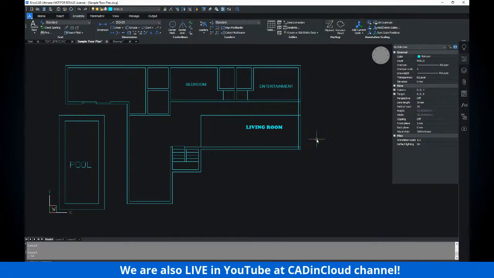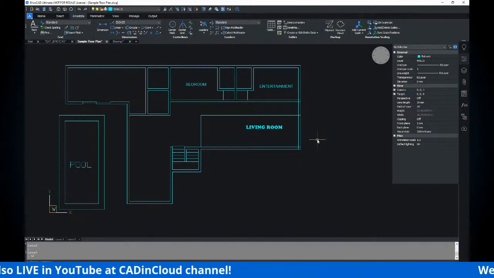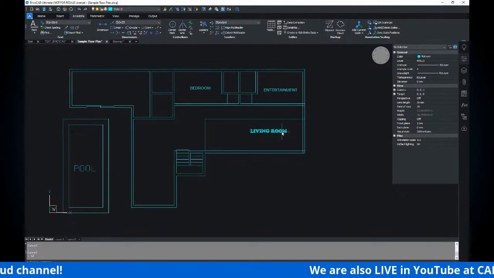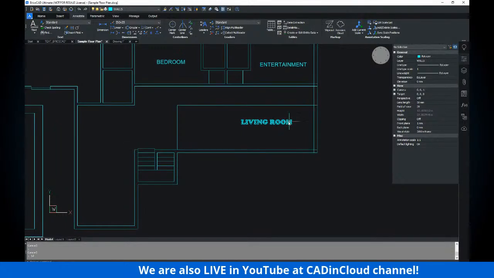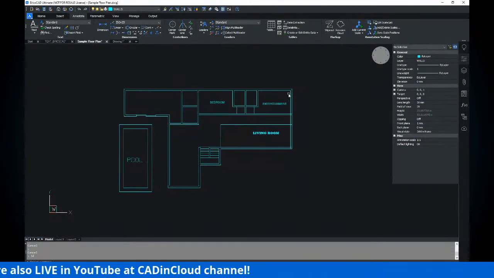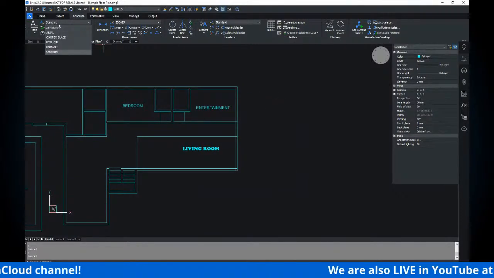So, drafters often make mistakes, getting confused because the text height of their text doesn't suddenly change just by assigning text styles. Then, there's another situation. If I'm going to assign the current